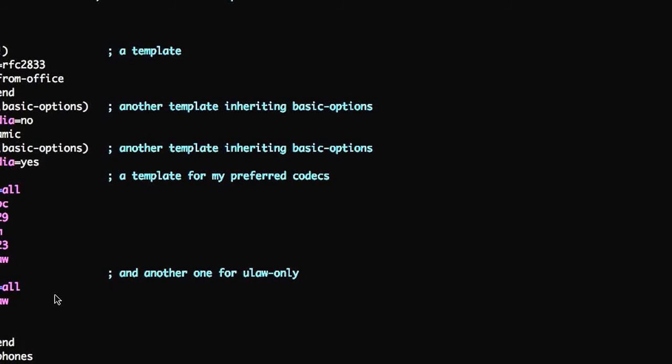And the next thing is we need the parameter host. And we put in